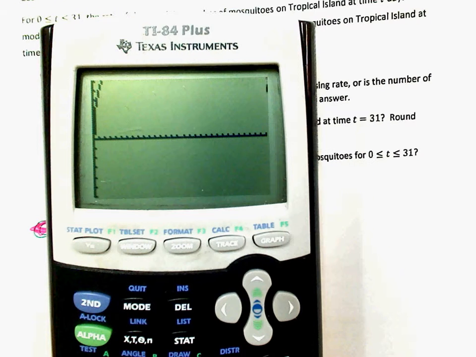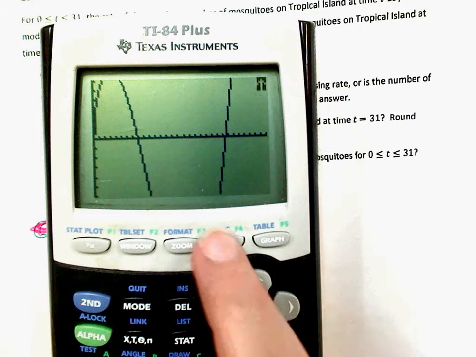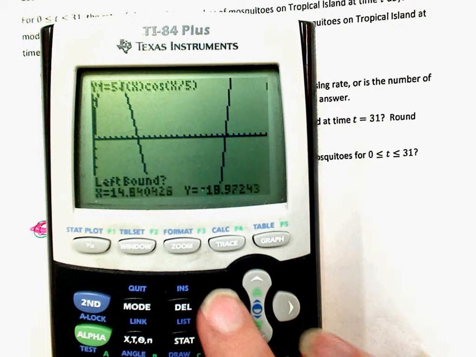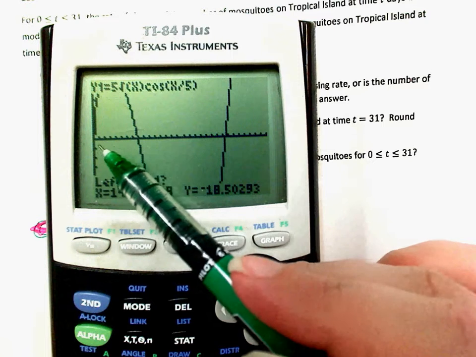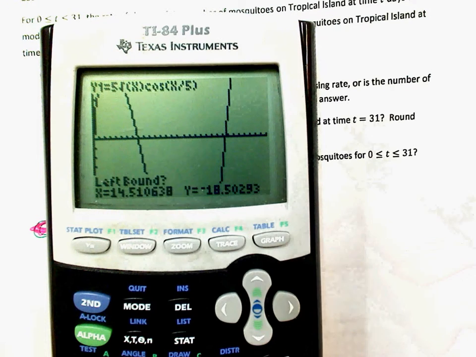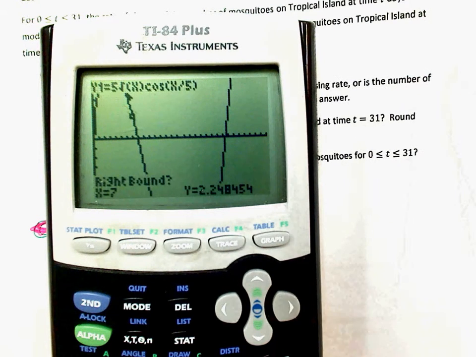I see 1 critical point. I see 2 critical points. Okay? Yeah? So second calc, 0. If this is 31, 1, 2, 3, 4, 5. I'm going to go with 7. And then I'm going to go with 12. Okay, so one of them is